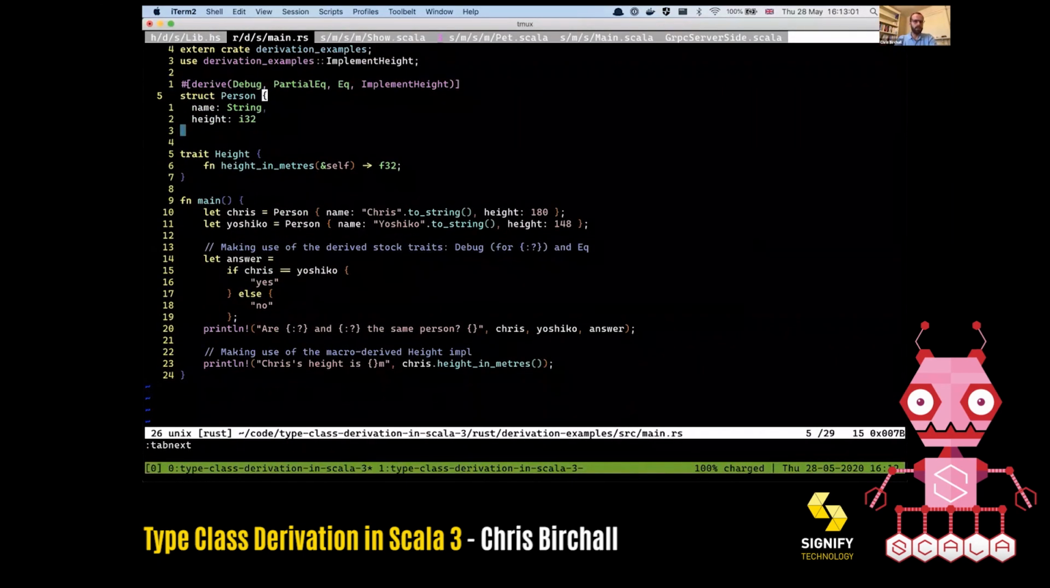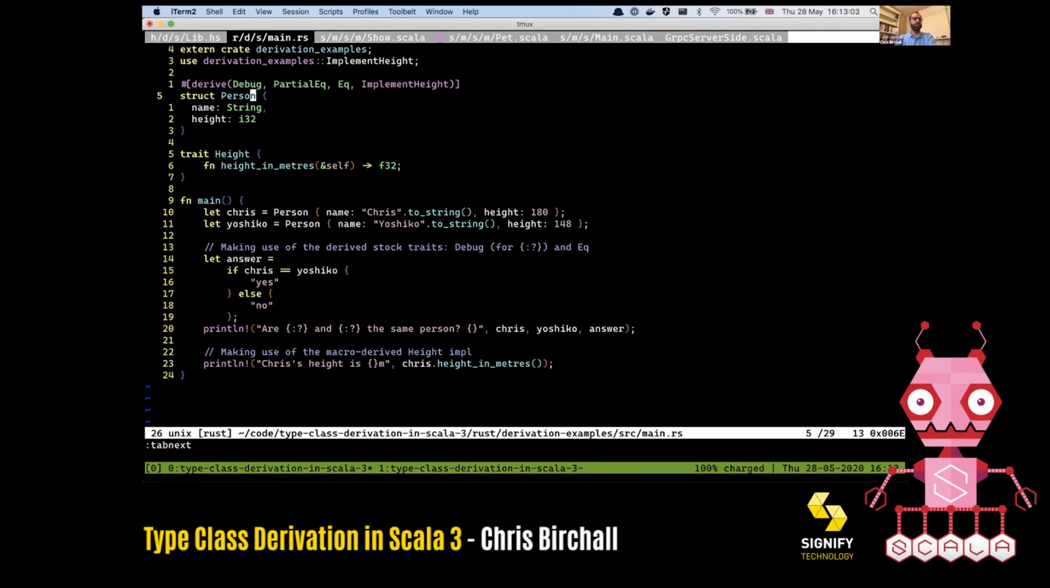So I've got a struct here, person. This would be a bit like a case class in Scala. It's got a name field and a height. And you can see it's got this derive annotation on here. So out of the box, we're deriving debug, partial equals and equals. And then this one, implement height. This is not the name of a trait. This is the name of a macro that we've provided, which will do more derivation. So if I show you the macro,